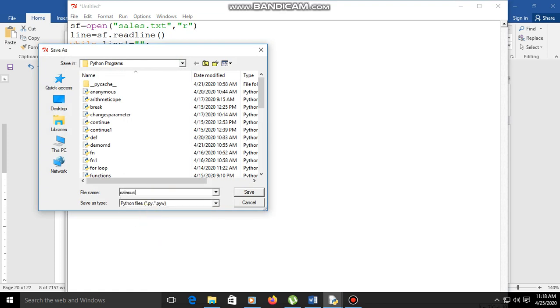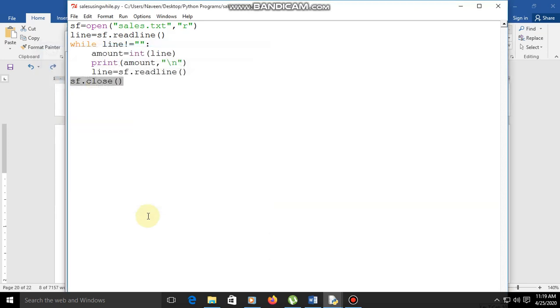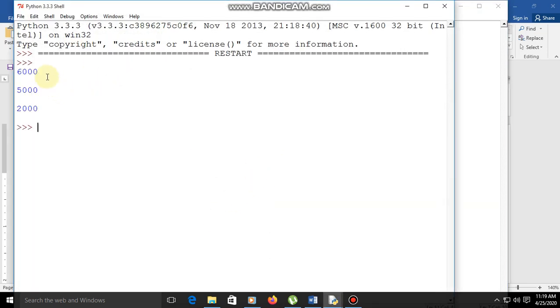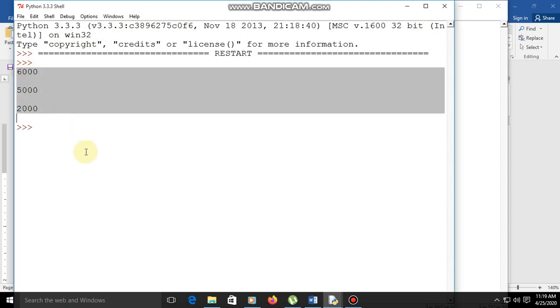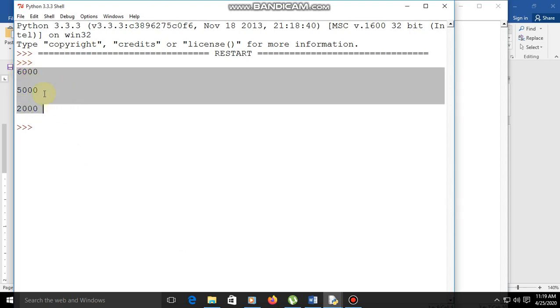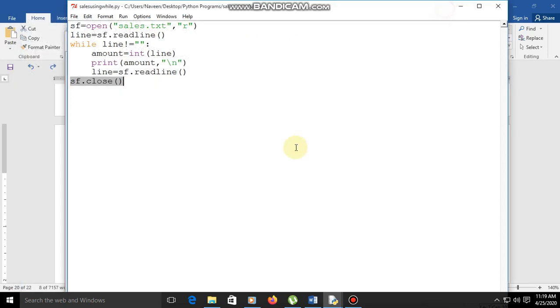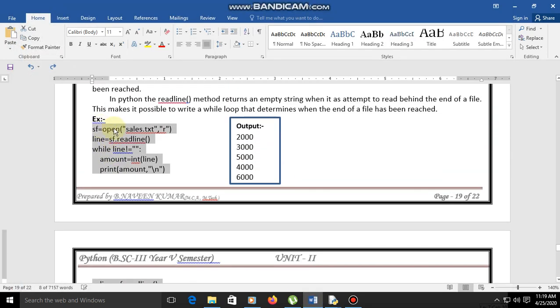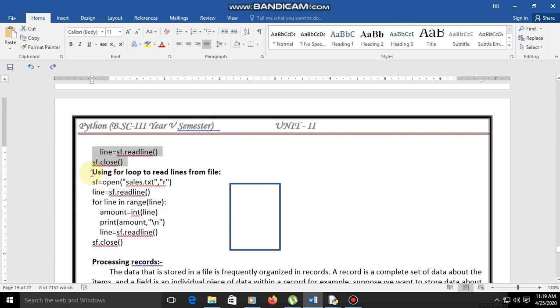Sales using while dot py. Automatically we are getting the data here, that is reading the data: 6,000, 5,000, 2,000.